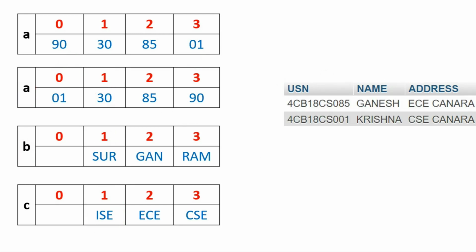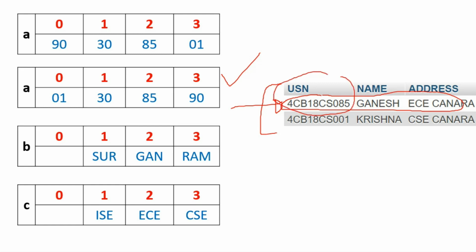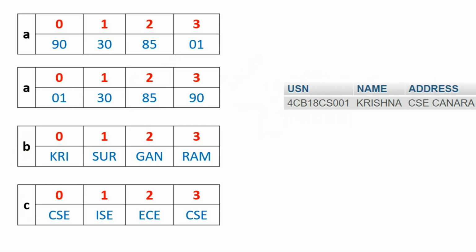Then I'll go to fetch again. Whatever result I have fetched, two rows are gone because I have accessed them already. Now I'll go to $row of mysql_fetch_assoc again. So I will fetch this row. Again, I'll search in the array within the for loop, within the while loop, whether $row['USN'] is there. Of course, it is 85, and $row['USN'] matches at I equal to 2. So B[$i] is equal to $row['name']. This is how we execute, and even for the fourth step it is the same concept. So this is my plan.